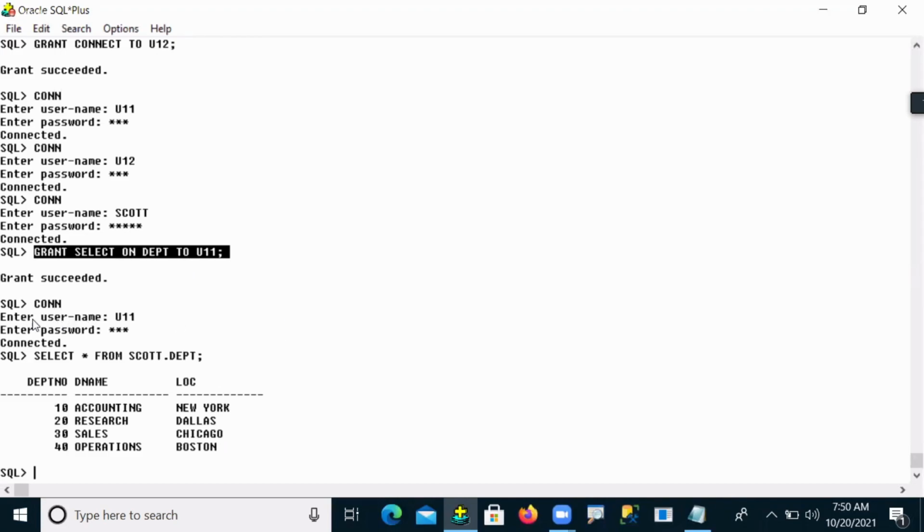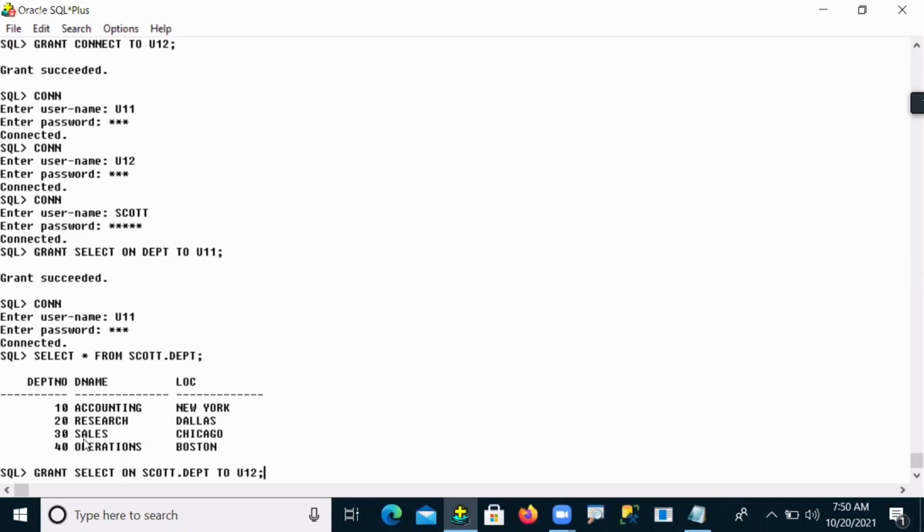Okay, fine. So after getting the permission from the administrator, let me see, guys, here. Now this user 11 tries to give the same privileges, whatever privilege he took from your administrator, the same privileges he tries to give to your user number 12. So now he writes like that: grant select on which table, scott.dept table, to whom, to user 12.